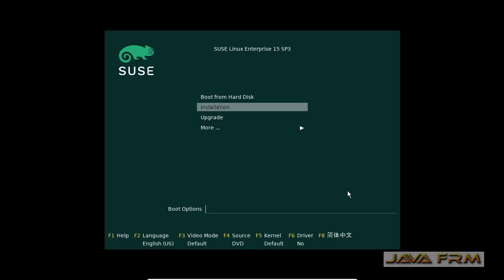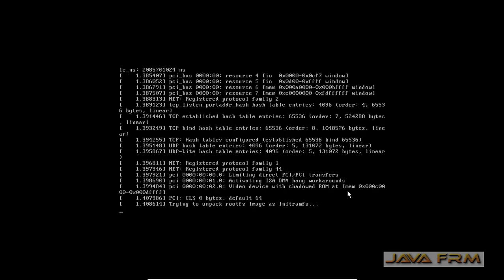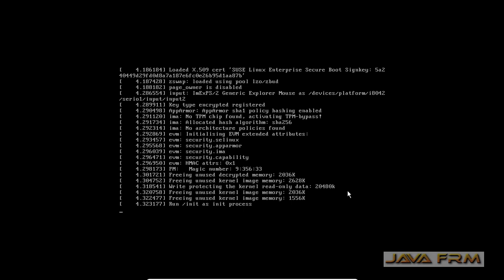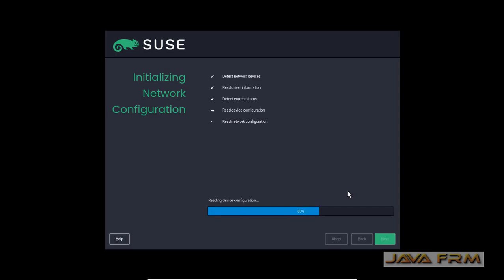This is the boot screen. Select install. Initially it will configure the repositories. Don't abort or skip. It will do some network and repository related configuration automatically.